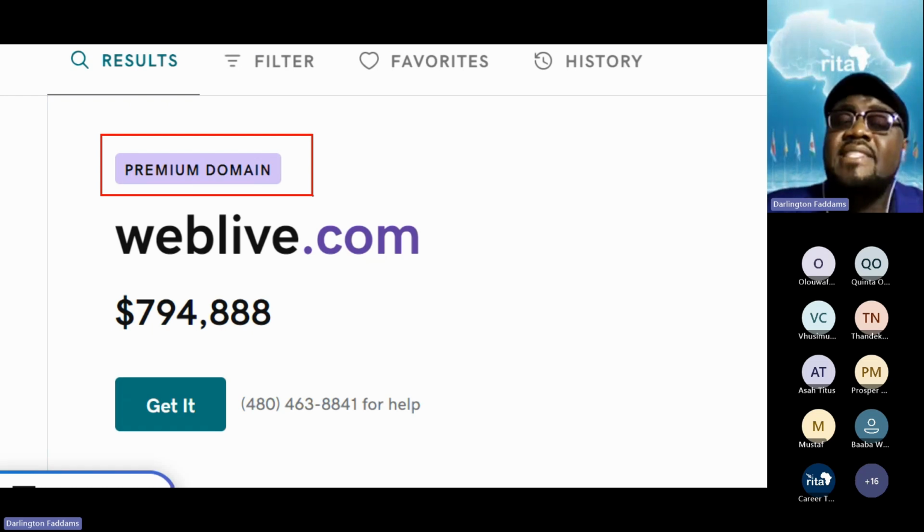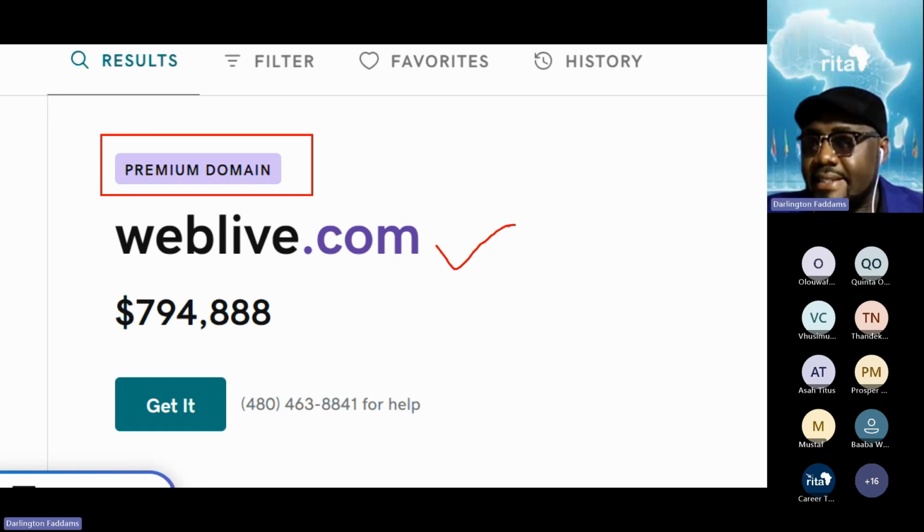This means that this name is in auction and the owner is selling it. But the owner is also selling through GoDaddy, because GoDaddy allows people who want to sell their domains to contact them and sell through them.